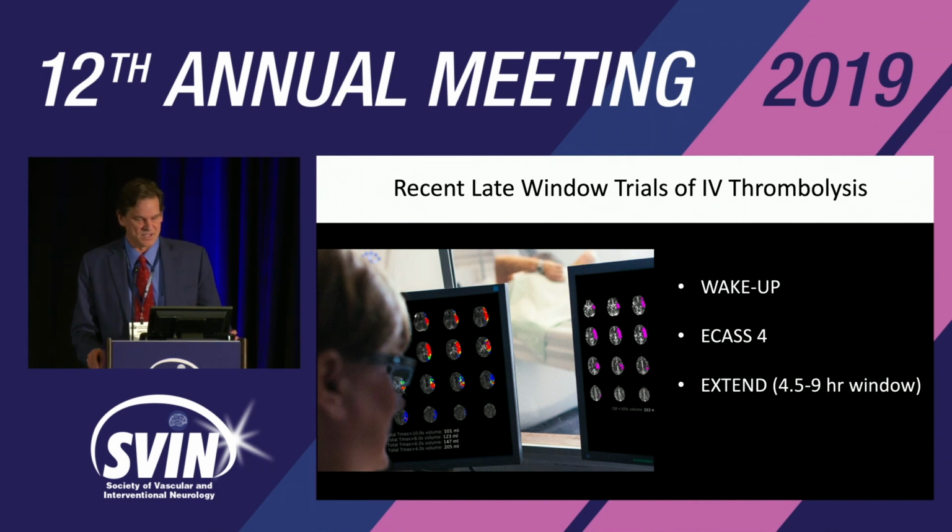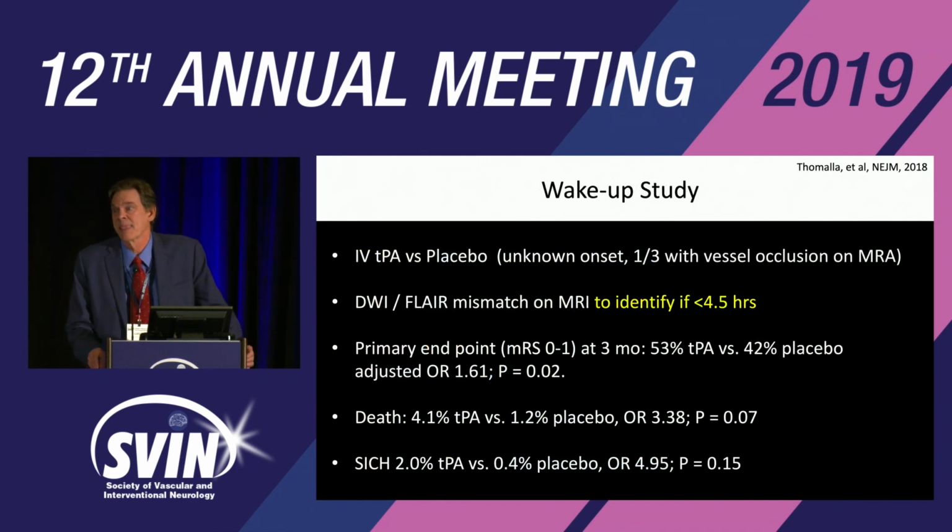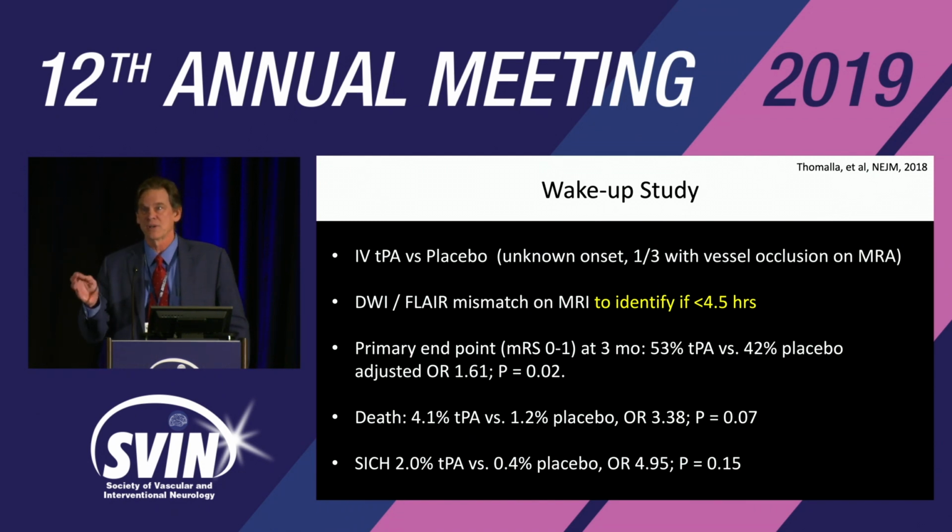We've got some trials that give us a lot of conviction that we can use IV thrombolysis in the late window if we treat the right patients. So the first trial that was positive is WAKE-UP, but this is actually not a late window trial. What the investigators tried to do was identify the early window patients in those who woke up with a stroke. So the FLAIR-DWI mismatch was to try to identify if you were really within 4.5 hours